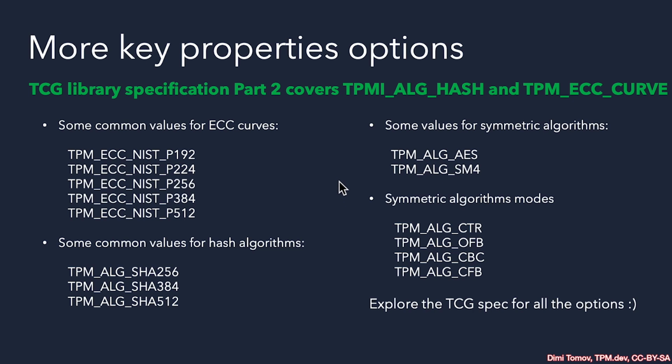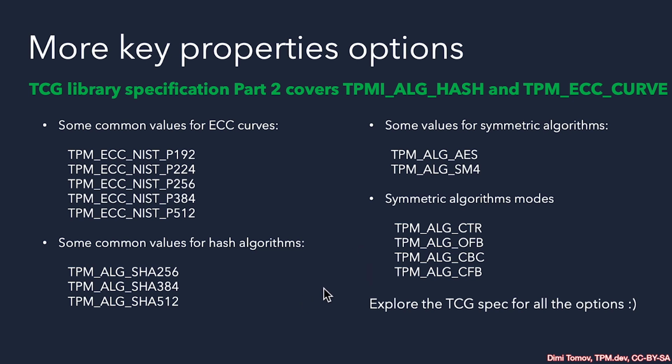Now, for the symmetric algorithms, which are kind of out of scope in this course, we don't use them really, but we did in TC1101. I just wanted to specify the two most used ones, which are AES and the Chinese variant SM4. And of course, when using symmetric algorithms, we have different modes. And these are not all of the available modes according to the spec, but again, we have to check with the capabilities of our TPM. Naturally, you would recognize, if you've taken TC1101, the CFB mode here, because combined with AES, we use it for parameter encryption that we'll cover in the lectures here, how to do that using ESAPI.